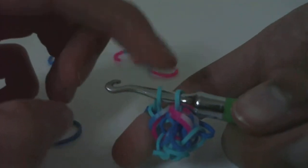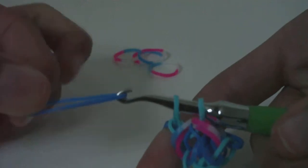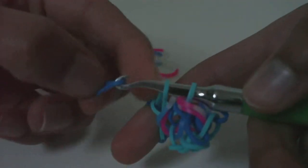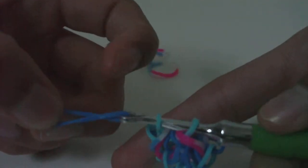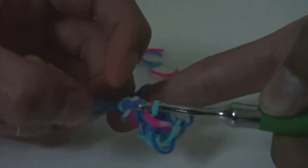Alright, so now we only have these 2 loops here, these 2 C color loops. We're going to go ahead and take the other A color rubber band and add it the same exact way we did the first A color band. So we're going to put it on the actual part of our hook, like all the rubber bands, and slide only this first loop onto...